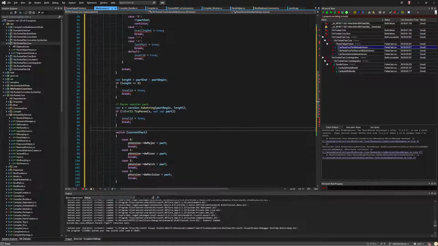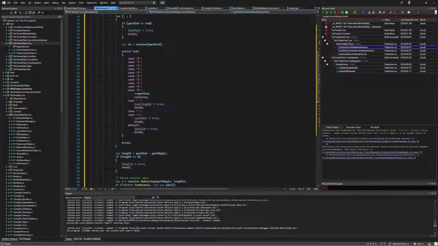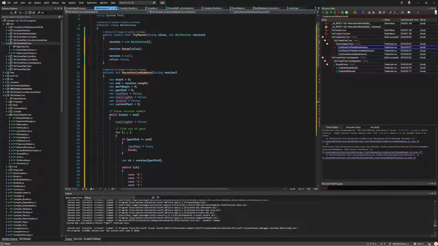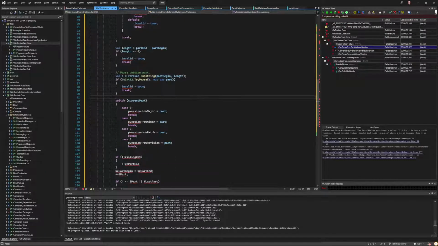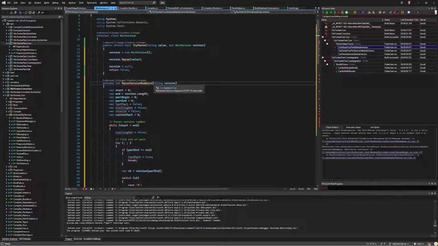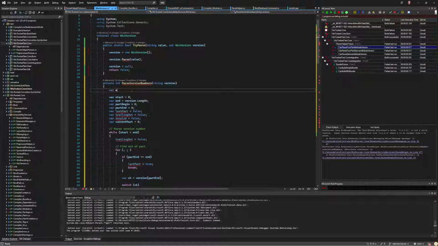Let's see. So, current part. Where do I want to stick these things? I'm just going to stick them here for a minute until I get the major, minor, patch, and revision. Although I think this is called build in normal 4-part versions, but we'll go with semver, no problem with that. Okay, so var major equals